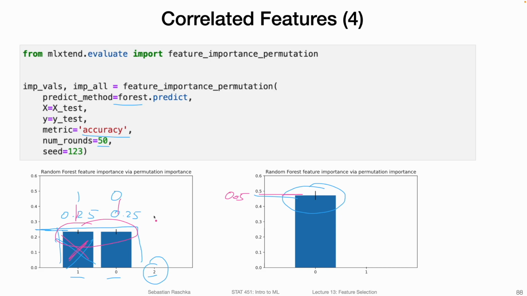So the bottom line here is it's always a good idea to check the correlation among features if you are interested in using permutation importance. Because if you find that 2 features have a very high correlation and you want to really, let's say, interpret the permutation importance, it might make sense to actually remove one of these features, because then it tells you a little bit more about how important the feature really is compared to other features in that data set.